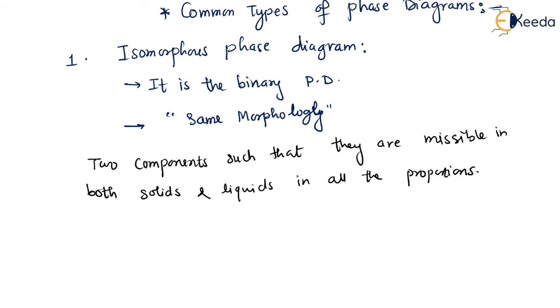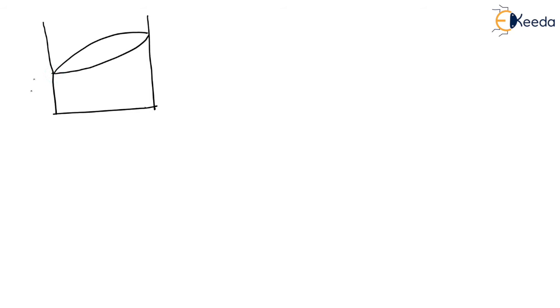Okay, dear students, if we talk about this isomorphous system, we have a very simple diagram for this isomorphous phase diagram. This is the lens diagram actually, or you can also call it the isomorphous phase diagram of components A and B. Here the percentage increase in B, X is the concentration. Here this is the temperature, right? Here the melting point of A and here the melting point of B, isn't it?